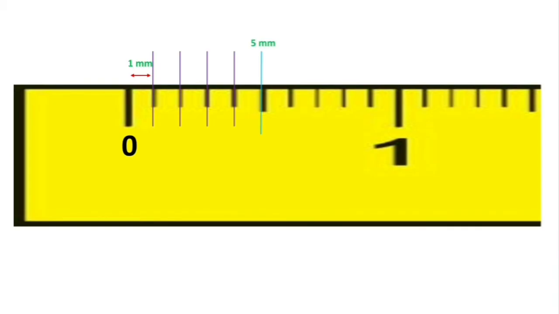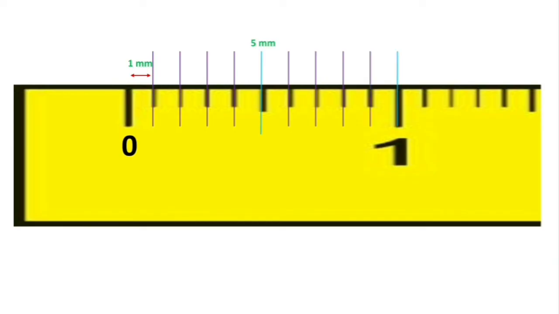So children, can you spot a difference? This line marked in blue is a little bit longer than the other lines. This is because 5 millimeters are completed from 0, and we call this line half centimeter also. Now let us count the next lines: 6, 7, 8, 9, 10.